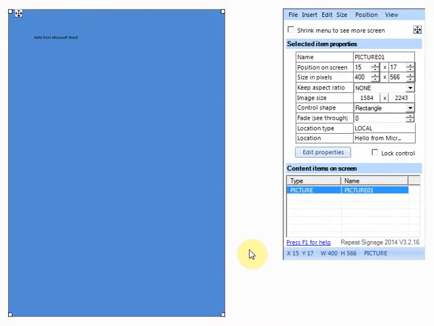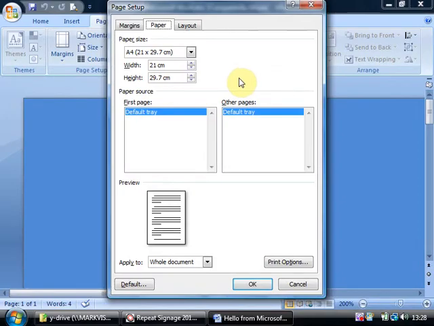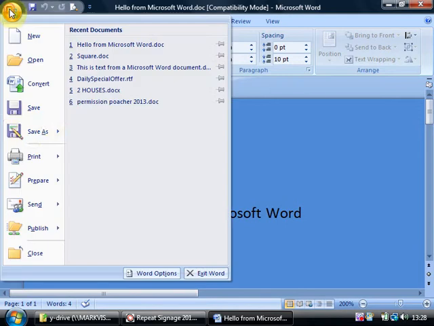Now, we have loads of customers in the US who use this in like a factory environment, and what they do is have different Word documents in different areas of the screen, and configured so that different people can actually update the Word document, so that multiple people can update one display. So what I'm going to do is just delete this, and then I'll show you how we could actually go about doing that. Now, if we pop back to Word and just close down this Word document,